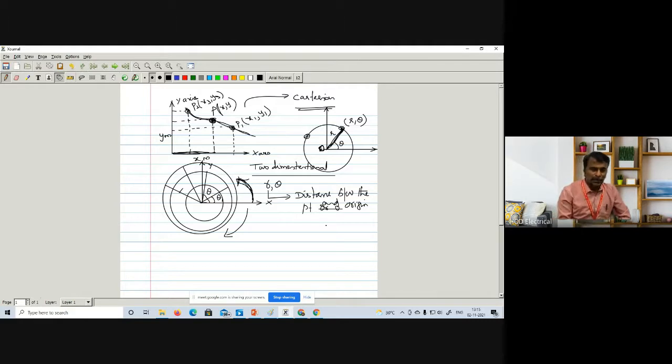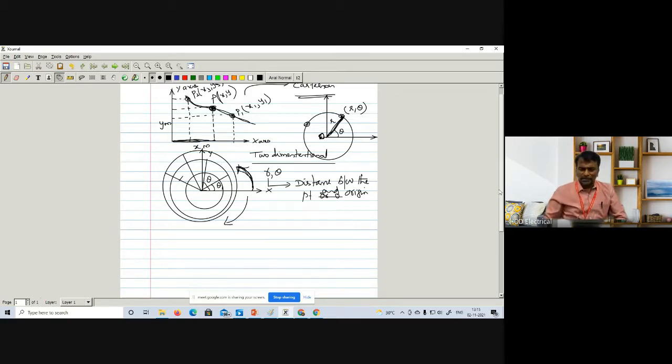So once again, the Cartesian coordinate system represents the variables on the x-axis and the variables on the y-axis. We will find out the point. Likewise, we have different points so that we can draw the curve. For that purpose, we can use the Cartesian coordinate system. The polar coordinate system is used when some particle is moving in circular motion, and maybe the radius is varying and the angle of rotation will be varying.